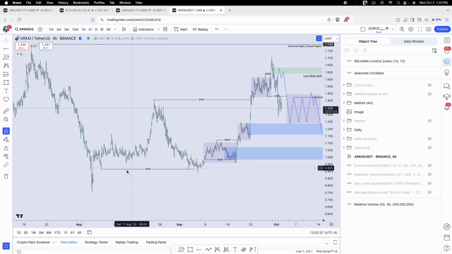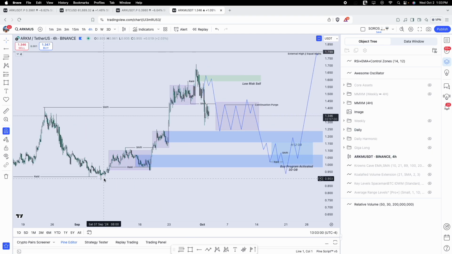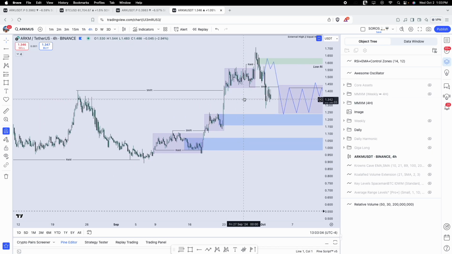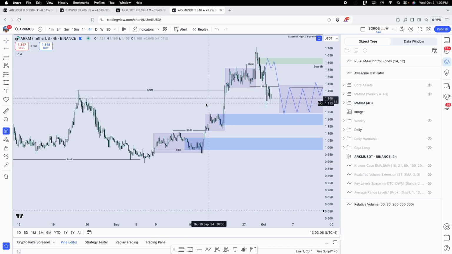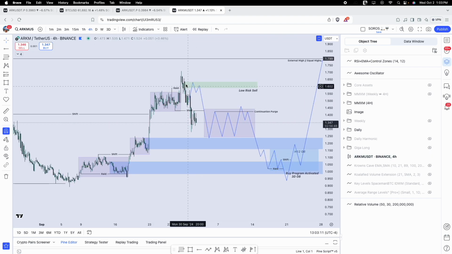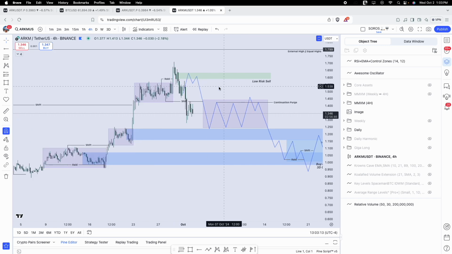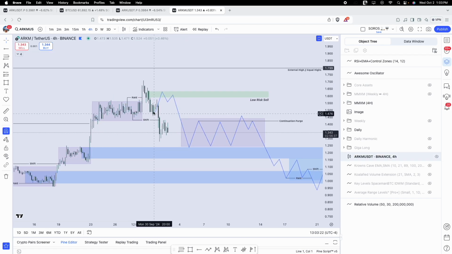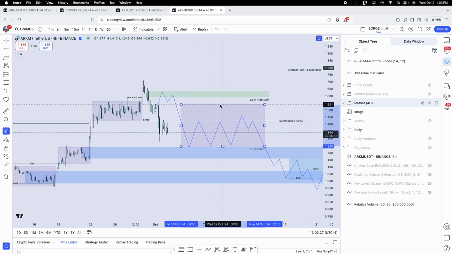This low took out these lows, so that was your original consolidation. Here's your first accumulation, second accumulation. Inside of it you have a raid and a shift, and then you purge all these highs above this last consolidation. So here you could see there was a shift. I was actually mapping this before it happened, but now it's happened. So now you have a shift, and this is your dealing range. So this will probably now be a little bit higher like this.